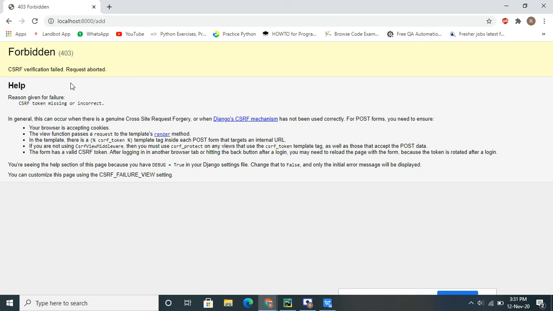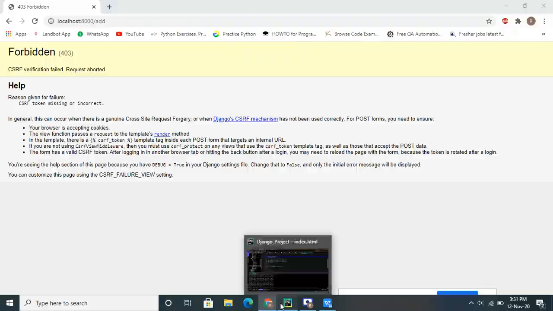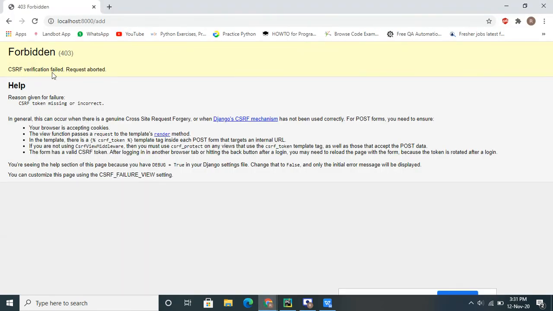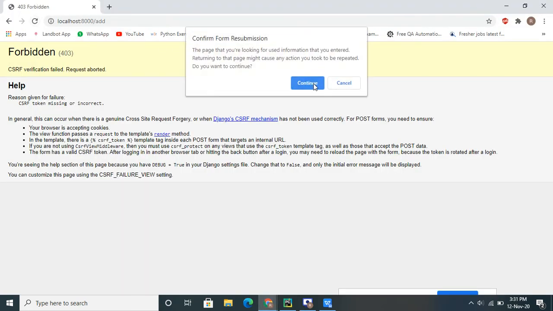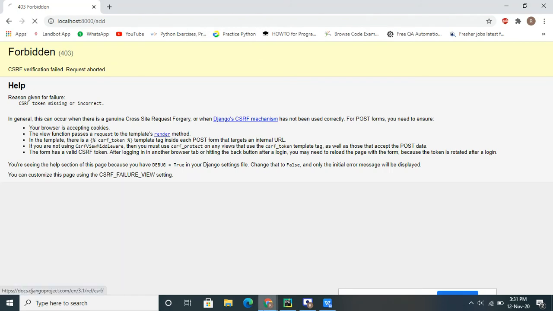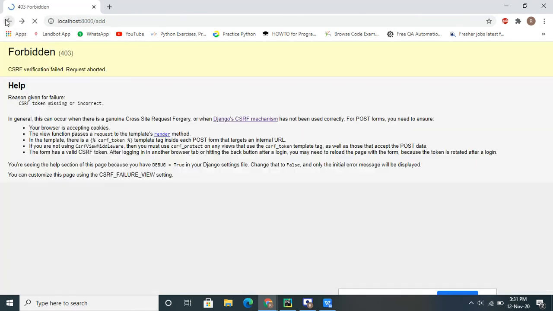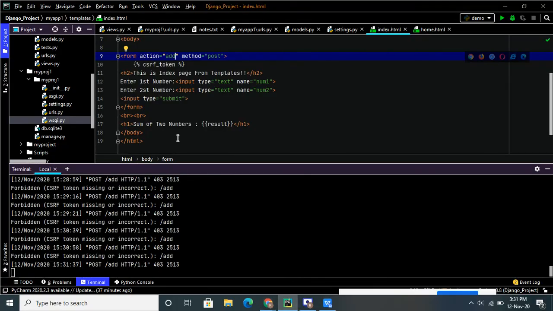The syntax is like csrf only. So I will change the method. Cross-site request. Just a minute. I will change here and reload the server.